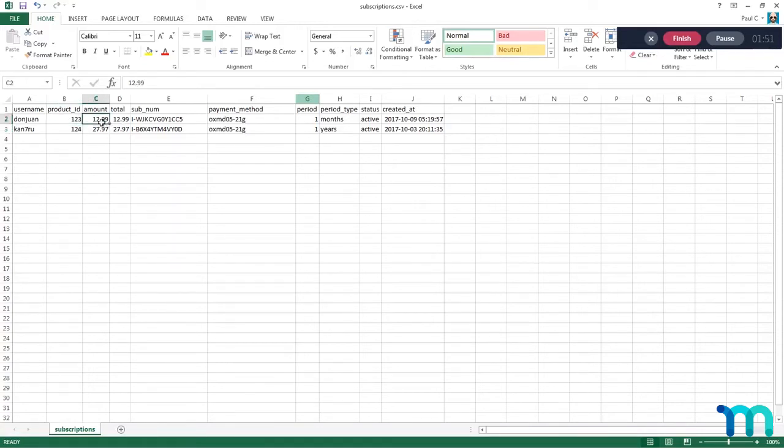The amount should be the amount the user actually paid. If you're importing and your membership has a different amount, that's okay. You want to use the amount that the user actually has already paid for the subscription. The amount and the total should be the same. If you're doing some taxes, then the total might be a little bit higher, but I'm not doing taxes in this